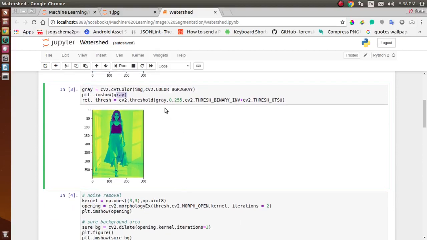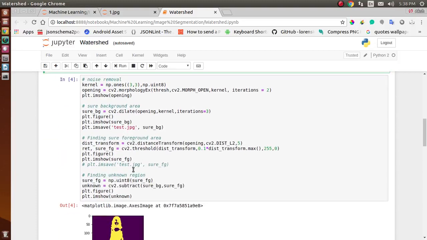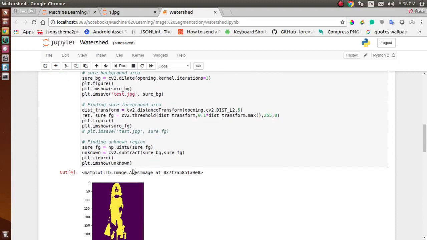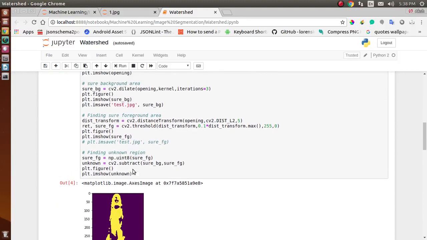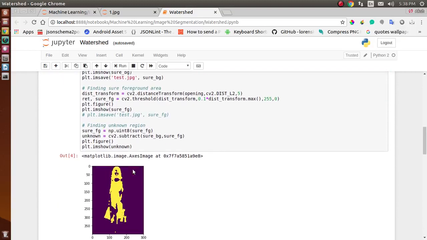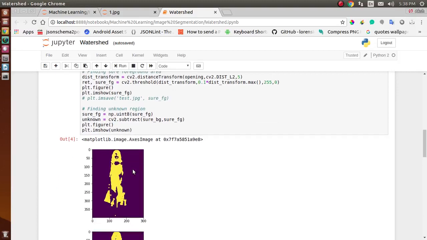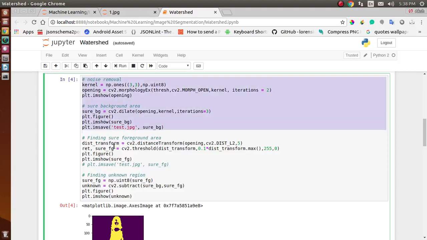I am setting a threshold value. Here you can see I am setting grayscale with cv2.threshold, THRESH_BINARY and THRESH_OTSU as my threshold values. After setting the threshold value, you have to apply some noise removal techniques on the image so that we can remove the noise. Also, we will set our edges to detect the background and foreground of our image. So just have a look at this code here.